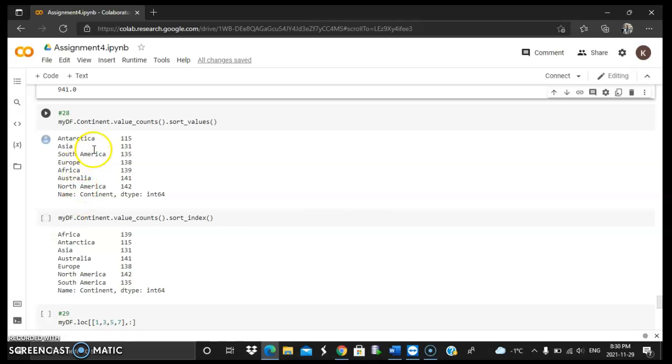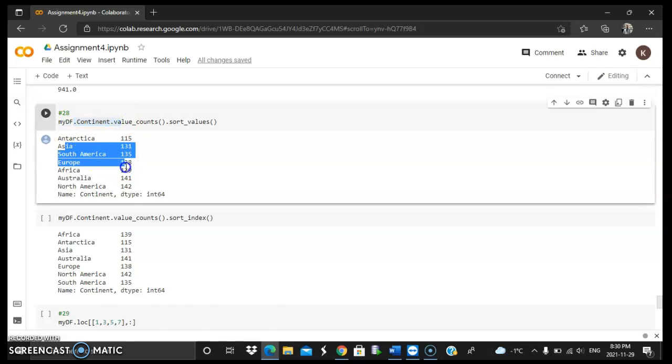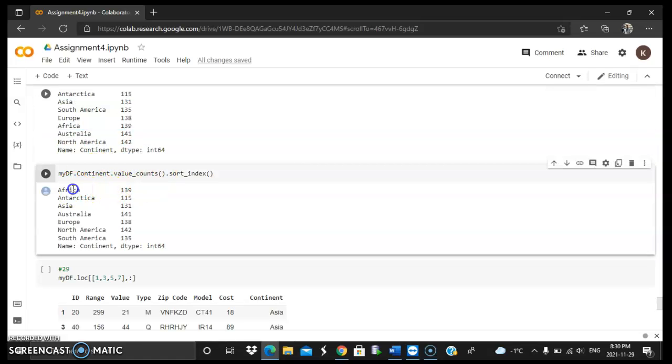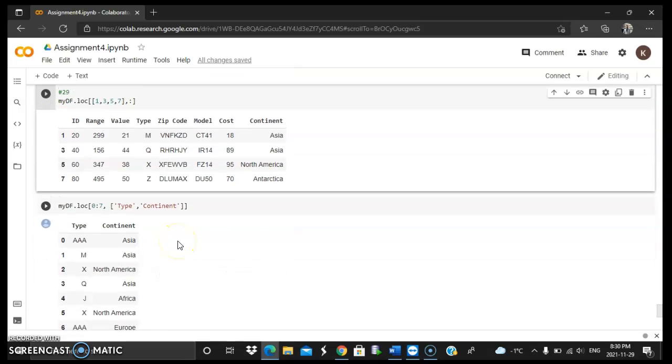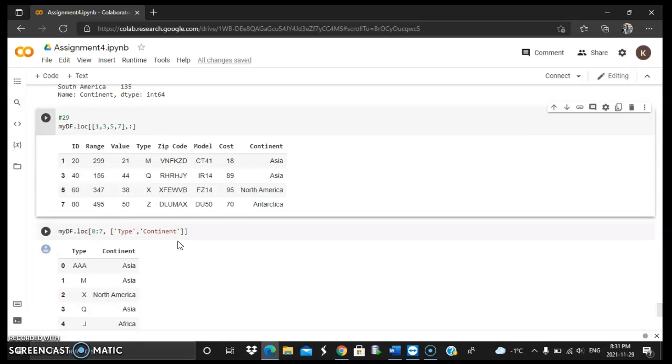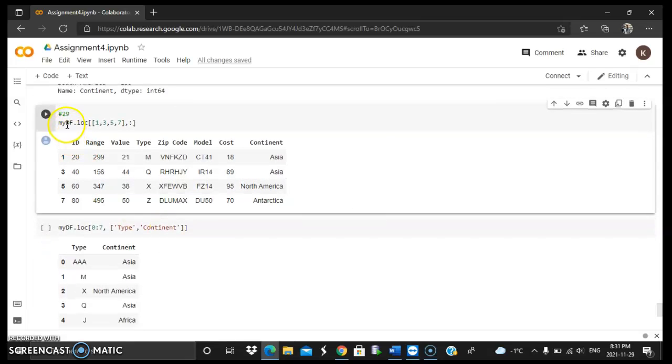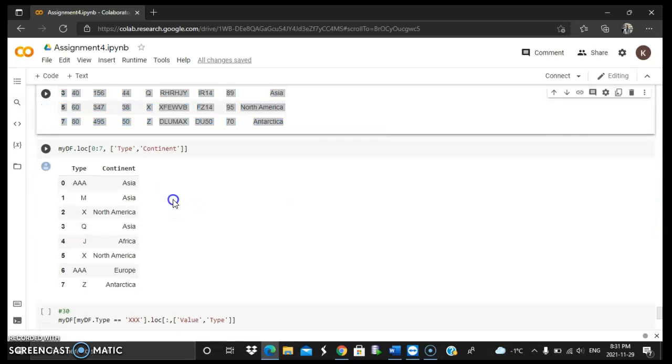So first sorting it by DF, this is what we get, and then by sorting it by alphabetical order, this is it. Question number 29. We were supposed to show all the rows for this given question, question 29, and upon running the command mydf.loc 1357, this is all.